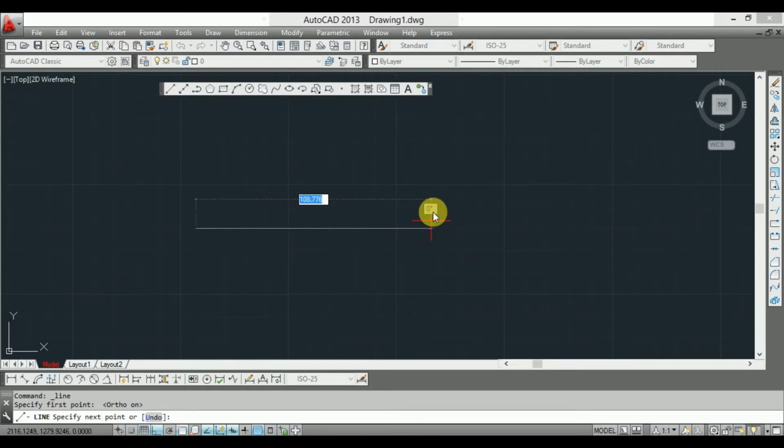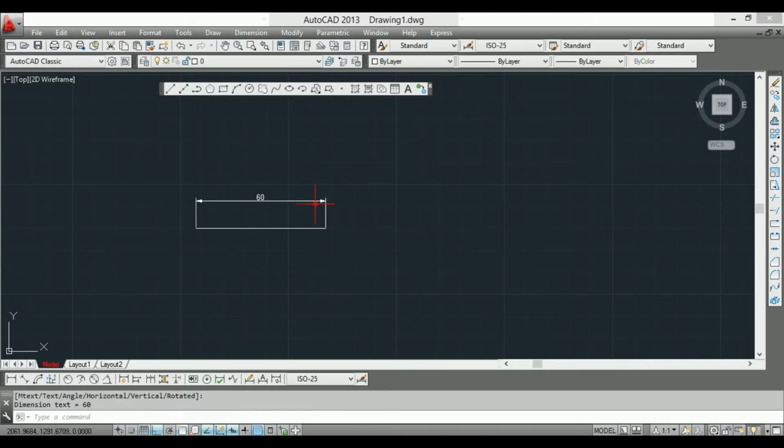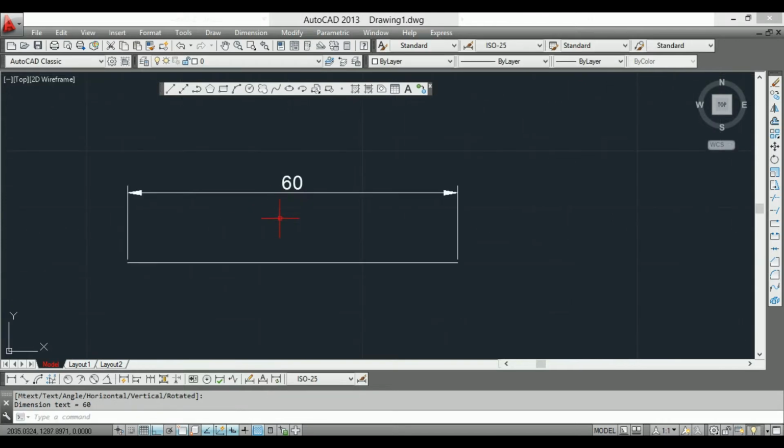You can see that a line will be generated between 2 points, but I want some dimension like 50 mm or 60 mm or 30 mm, whatever you like. Suppose I put 60 mm in the tab bar. You can see 60 is written in my tab bar, and then click enter. This is a line made of 60 mm. I will show you whether it is 60 mm or not. Guys, you can see it, this is 60 mm dimension.